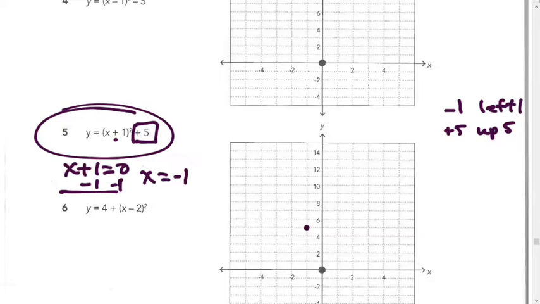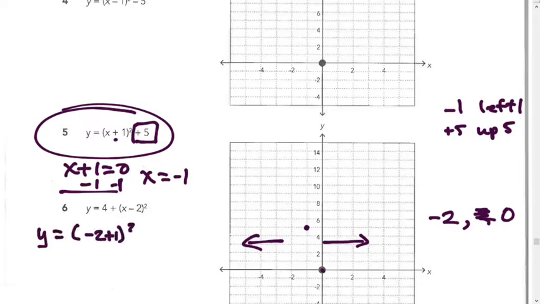Okay? And then from that point, you can just choose a few points on either side. Two points either side is plenty. So why don't we just choose negative 2 and positive 2? It'll just be a sketch. It won't give us exactly what's happening, but it'll tell us what we can do. Actually, we could choose negative 2 and 0, but make it even easier. Anytime you can use 0, you know that's a great point to use. So y equals negative 2 plus 1 squared plus 5 gives you negative 1 squared plus 5, which is 1 plus 5 is 6. So if it's negative 2,